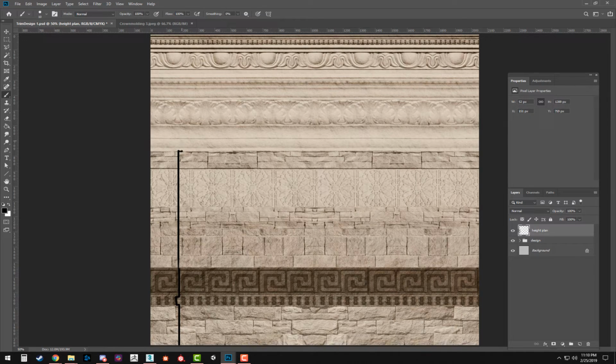Probably over, bump, over, like that, over a little bit of a bump, over, and then up, and then kind of a frame thing there, and then in, and then under,